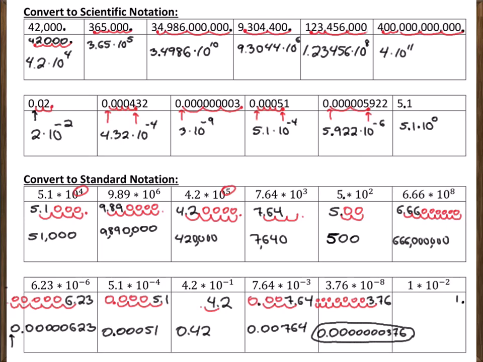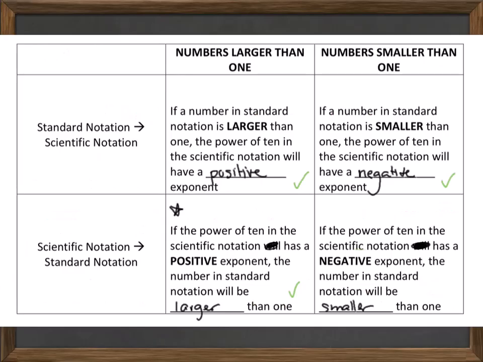So my decimal point is starting here. I have to move it over 1, 2 spaces. Again, you can put that leading 0 there if you want. I always like to have it there. So it becomes 0.01. So I want to talk for a minute about why I object to moving the decimal point left or right